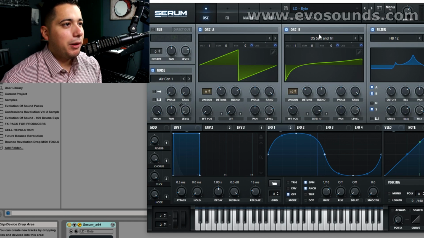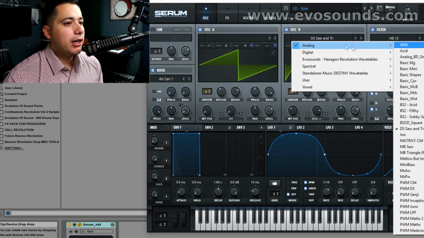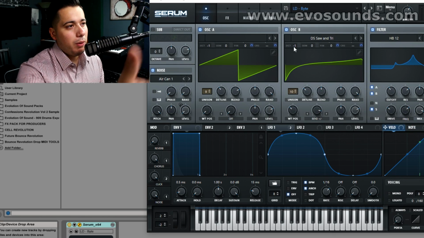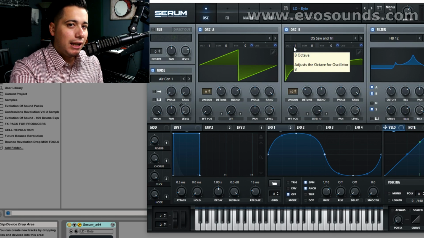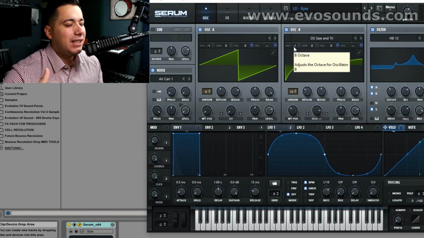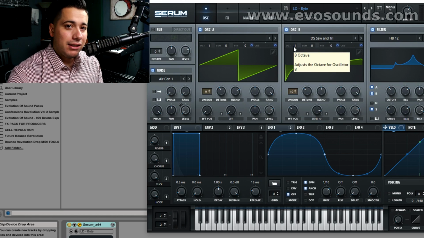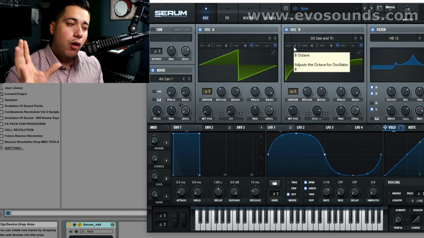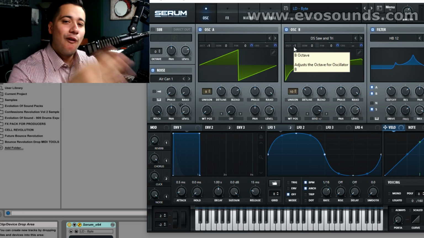Pretty simple. In oscillator B, we're going to be using another saw, but we're going to go with the saw and try. Now, the reason we go with a separate saw is because we already have a saw layered. There's no reason to go with another saw. Why not add another saw that has a very different vibe to it to kind of layer the sound a little bit better? Remember, we don't want to overlayer like that's just the same saw over and over again, because